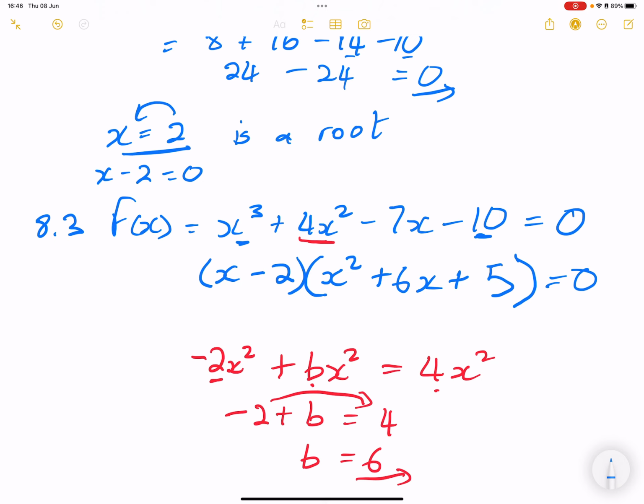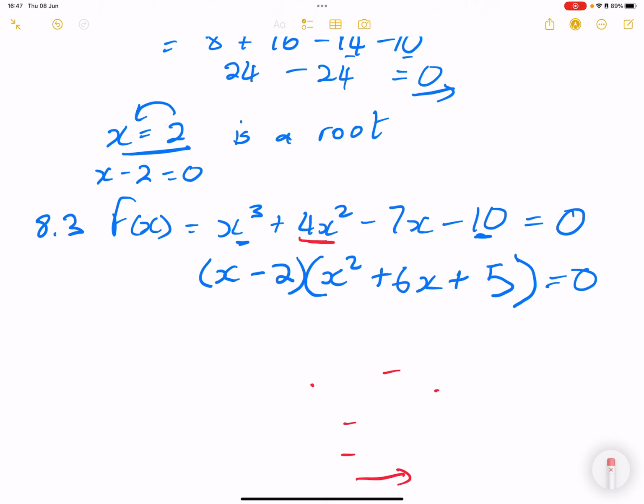Please have a look at that so that it could help you, right? Okay, so now that we found the value of b, let's try and